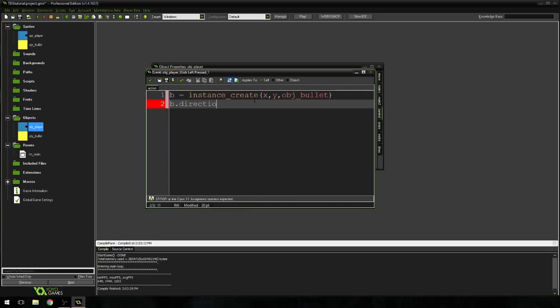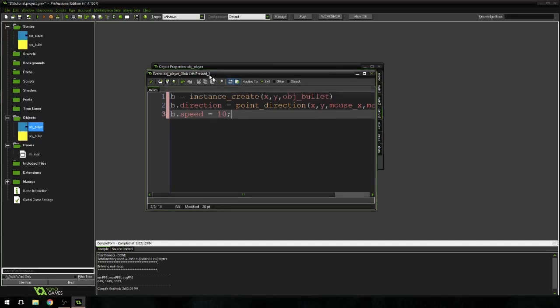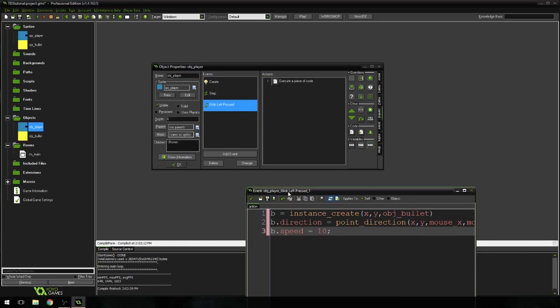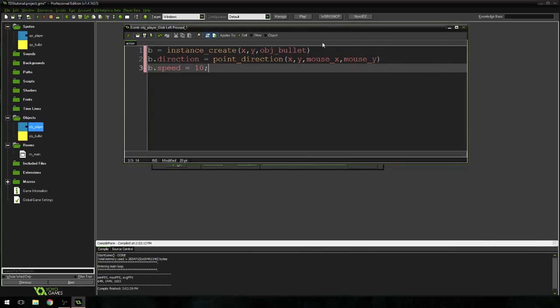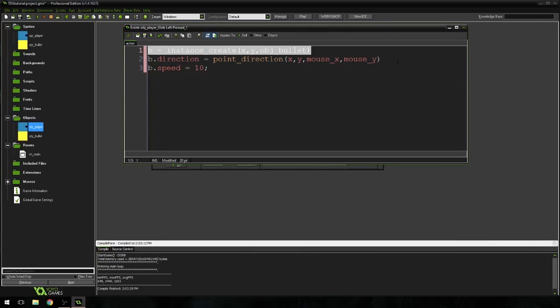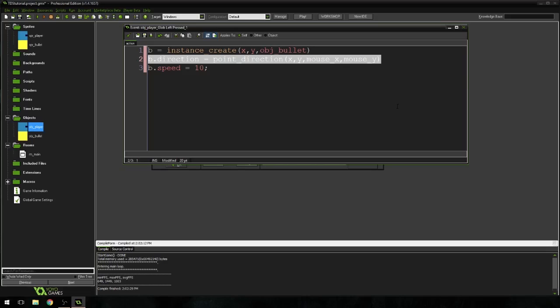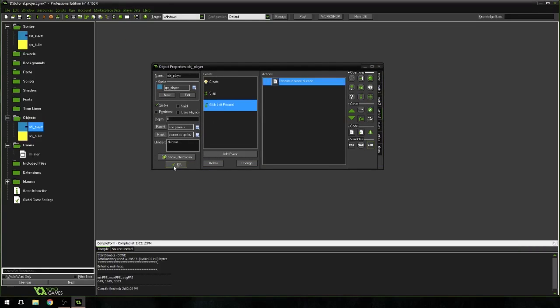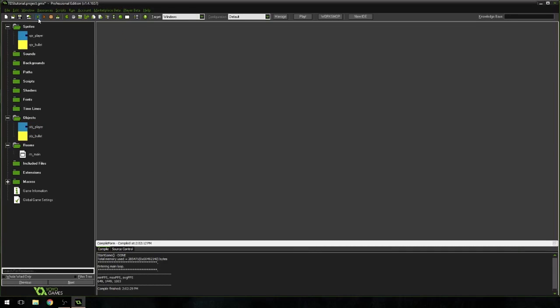B dot direction is equal to point_direction(xy, mouse_x, mouse_y), and I'm going to say b dot speed is equal to 10. So what's going on here? Well, when we click the left press, when we've clicked the button, we're going to create a new bullet. We're going to set that bullet to move towards where the mouse is, and then we're going to set the speed to 10. So if I hit check, and I hit play, you're going to see